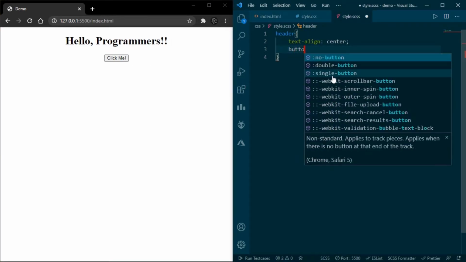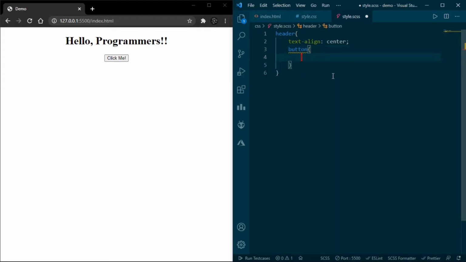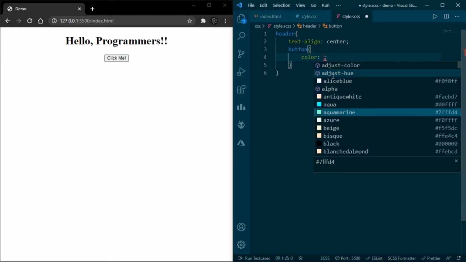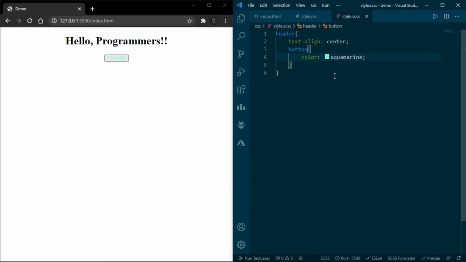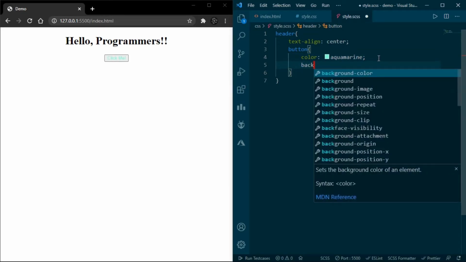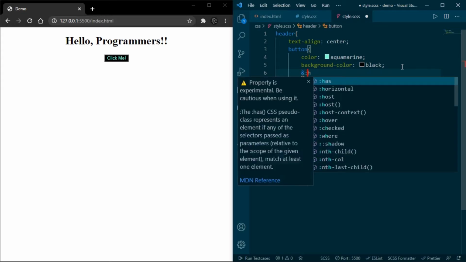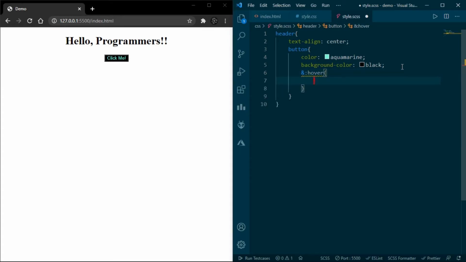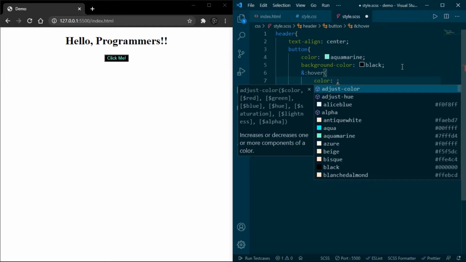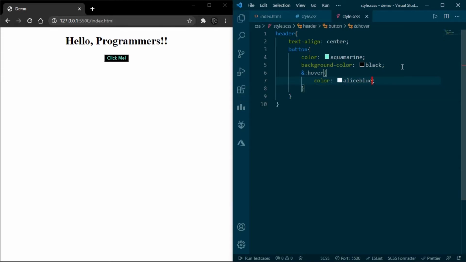Actually here I can use nesting too. So I will give it a color, say this, and I will save this, and here I will give background color to black, and here you can see this, and here I can write colon hover, and on hover I will change the color to this. So here when I hover, you can see the color is changing,